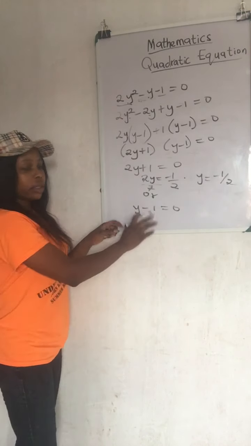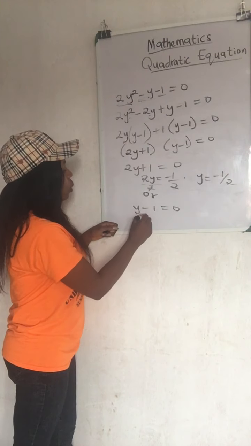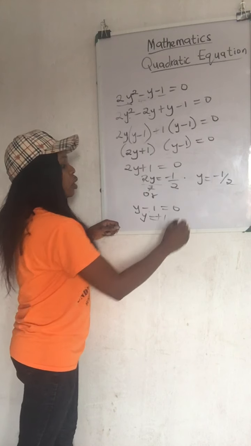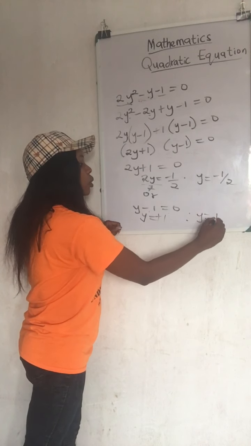Now we'll get to the other part. Y will be equal to this minus 1, which crossing the equality sign will change to plus 1. So therefore our y is equal to 1 or